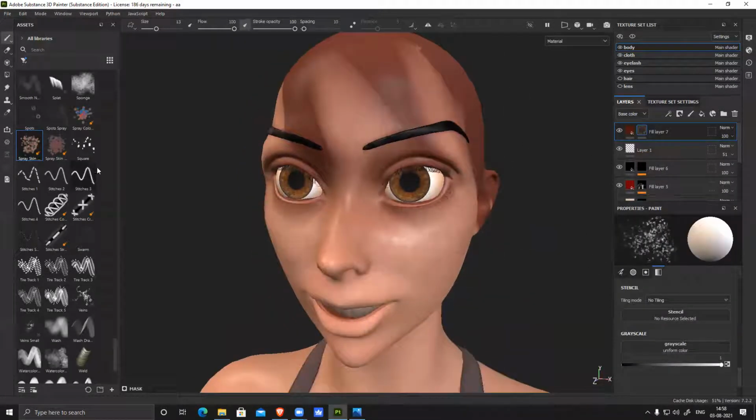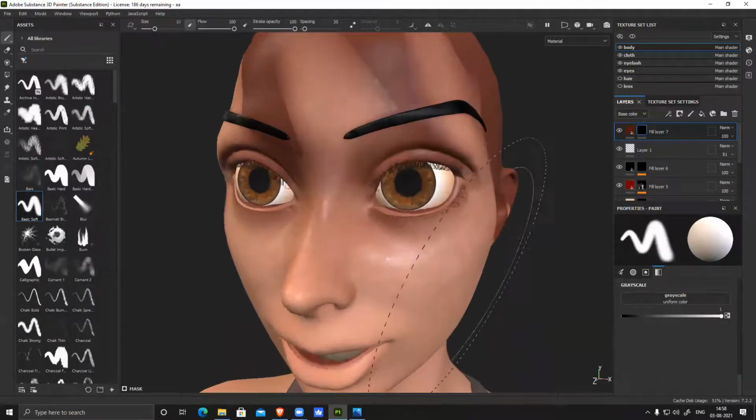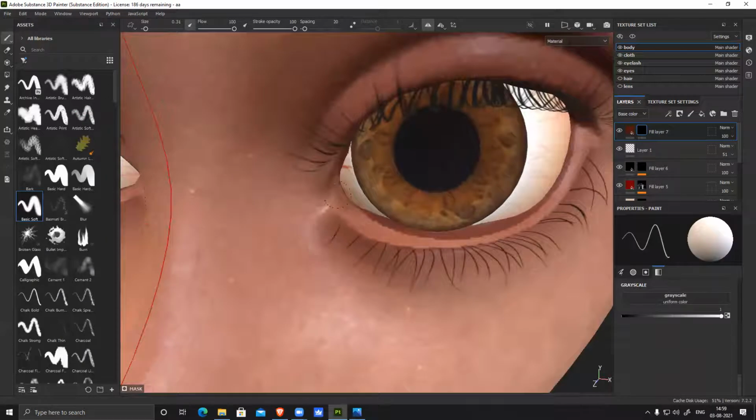Black paint, soft brush, I can switch on my symmetry. It looks too dark.